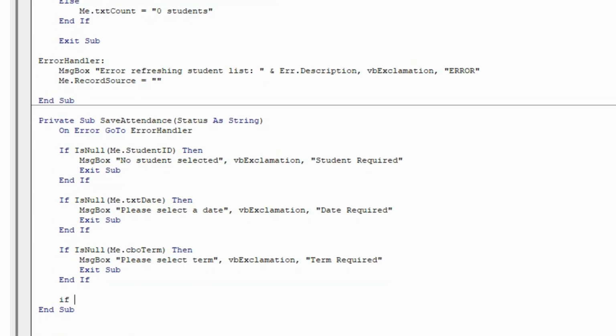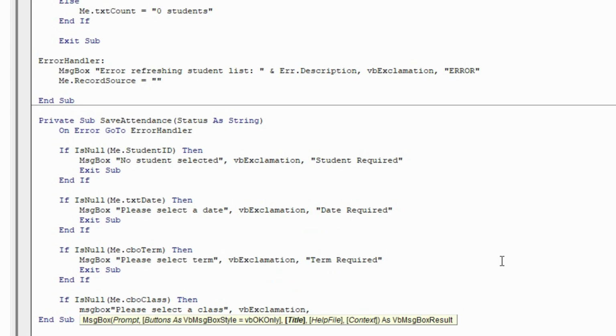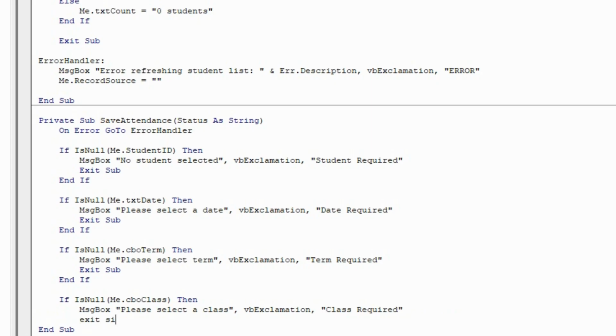Then if IsNull, Me.cboClass, then message box, please select a class, vbExclamation, then the title should be class required, exit sub,